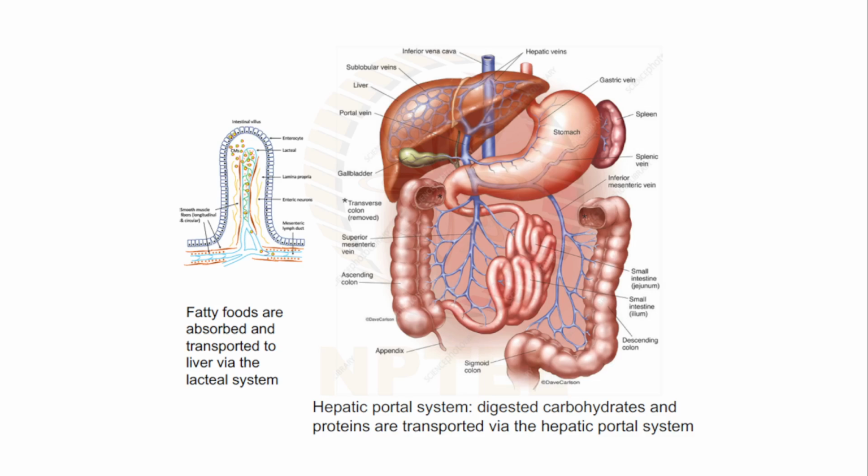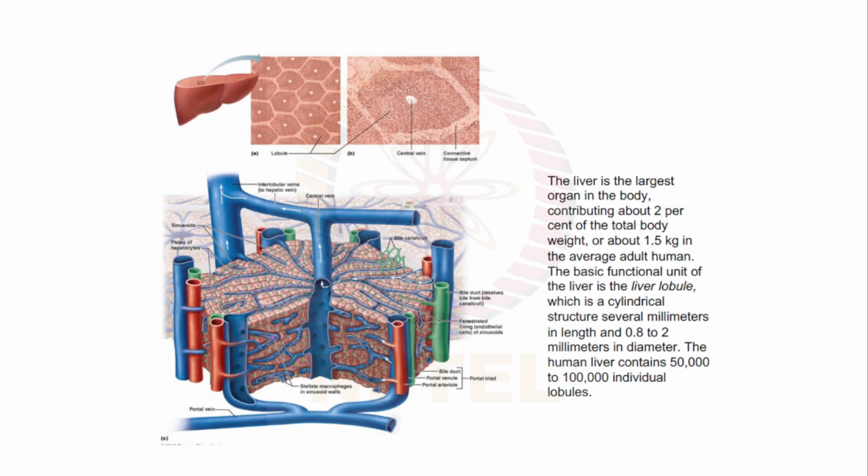Okay, so fatty acids from food are absorbed and transported to the liver by the lacteal system. This is present in the villi of the small intestine, where it absorbs the fats through this lacteal system, and then it gets transported to the liver. Okay, hepatic portal system, as I was telling you. And this hepatic system, or we can say this liver, is formed of these hexagonal cells. The structure of this hexagonal cell has a central vein, and at its six ends it has a triad of